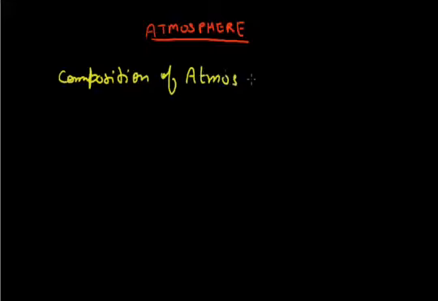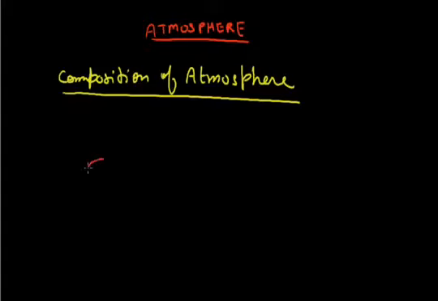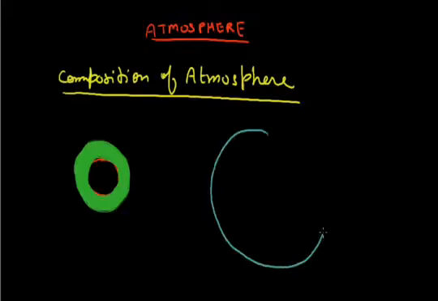of atmosphere. Composition of atmosphere, that is, how many and how much gases are available in atmosphere. This is our earth, which is surrounded by a blanket of gas. This blanket of gas is called atmosphere. This blanket is made up of many gases, which are, for example, out of total